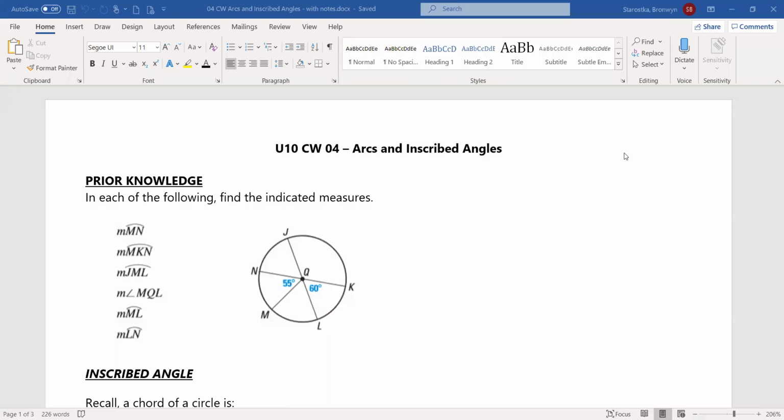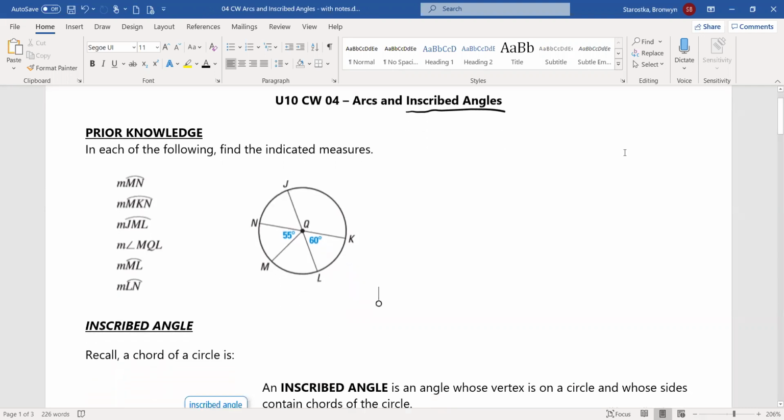Good morning. Continuing in our circles unit, unit 10, we've got classwork 4, arcs and inscribed angles. We're going to learn about what an inscribed angle is today. So for our prior knowledge, we're just going to recall that the central angle